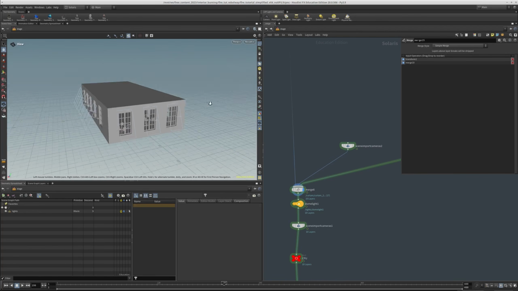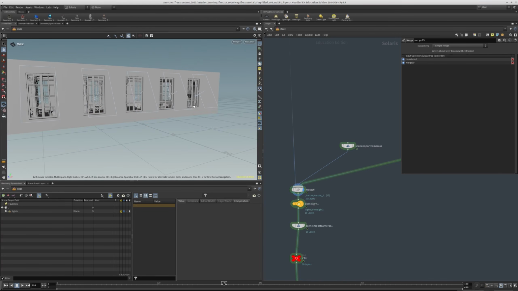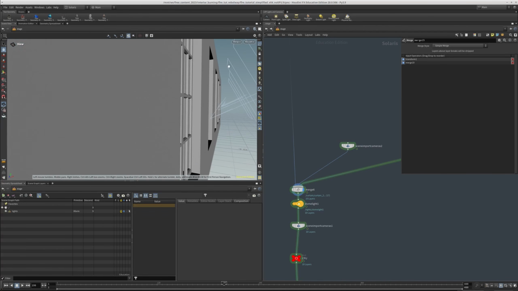So each window has an area light and it's pointing down. These ones are pointing back, but they have double-sided emission, so they're actually emitting inside, and same here. And I'm gonna go to the camera,